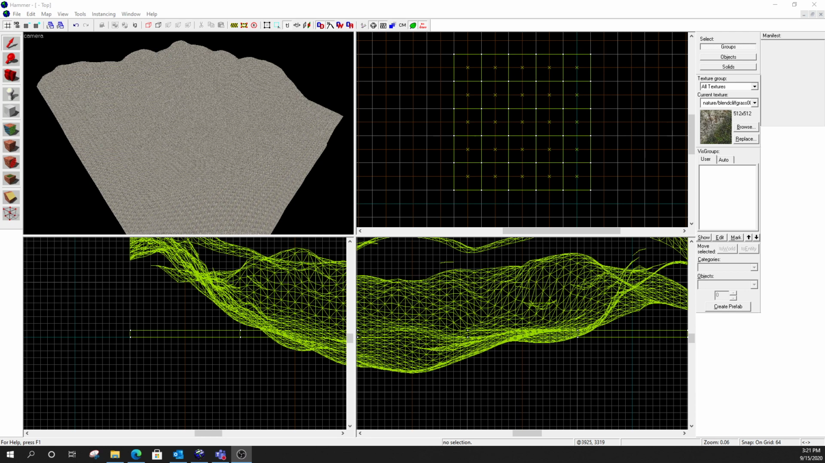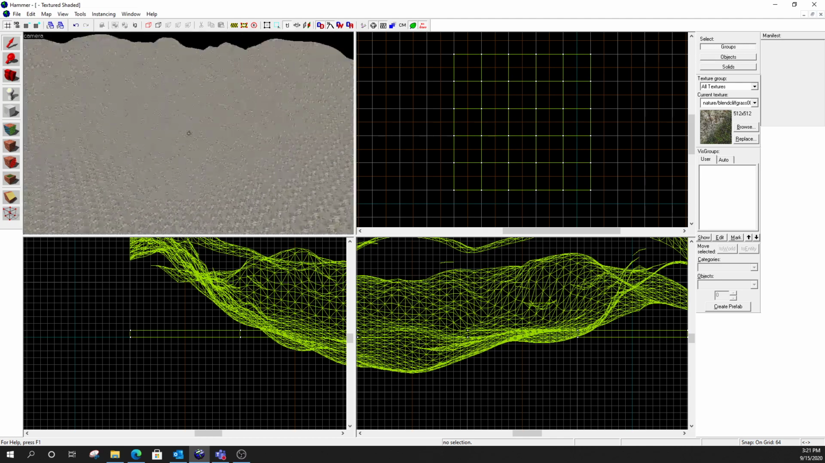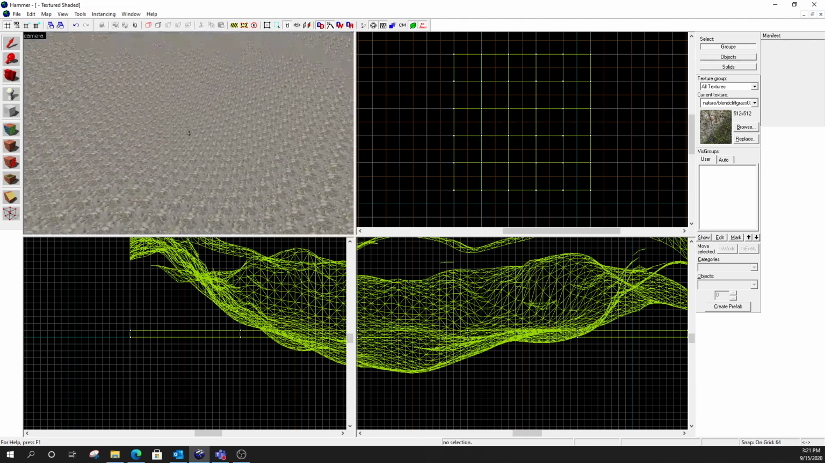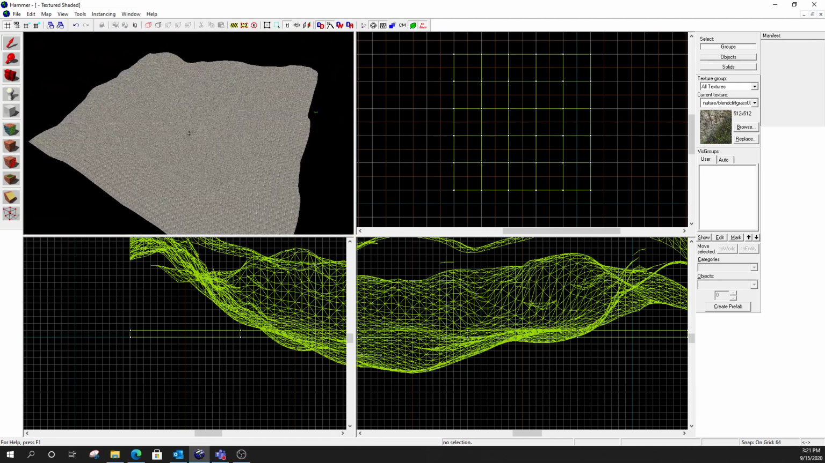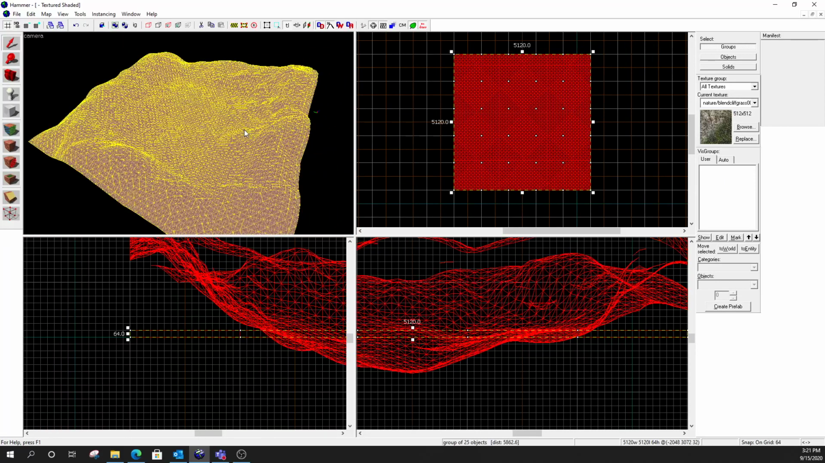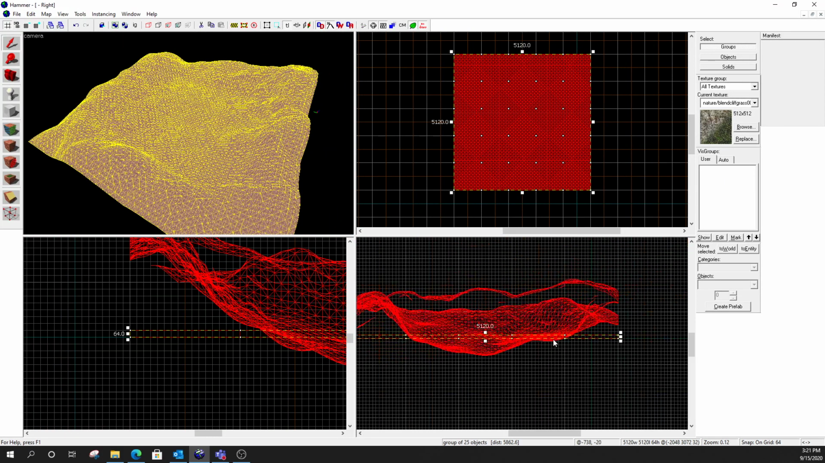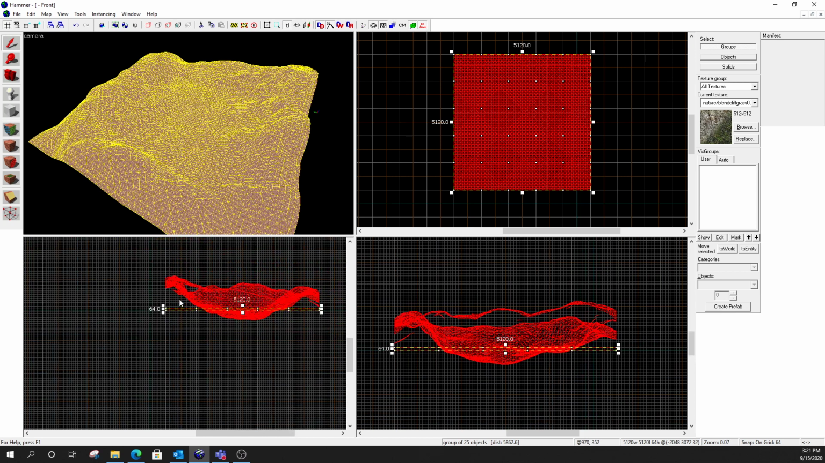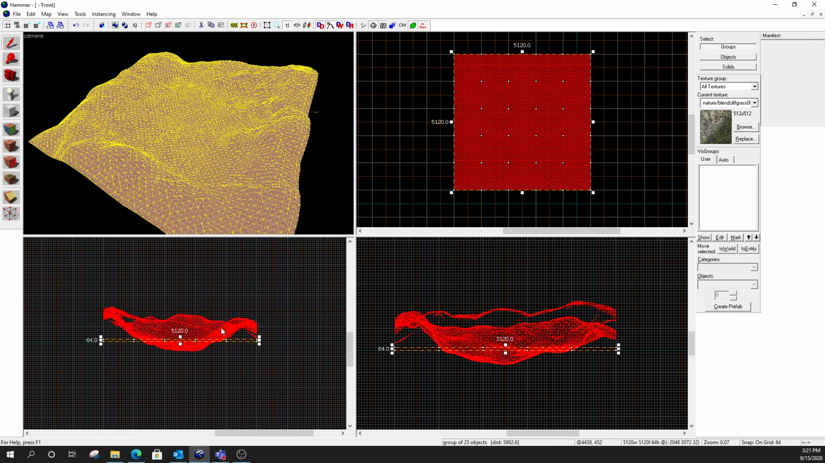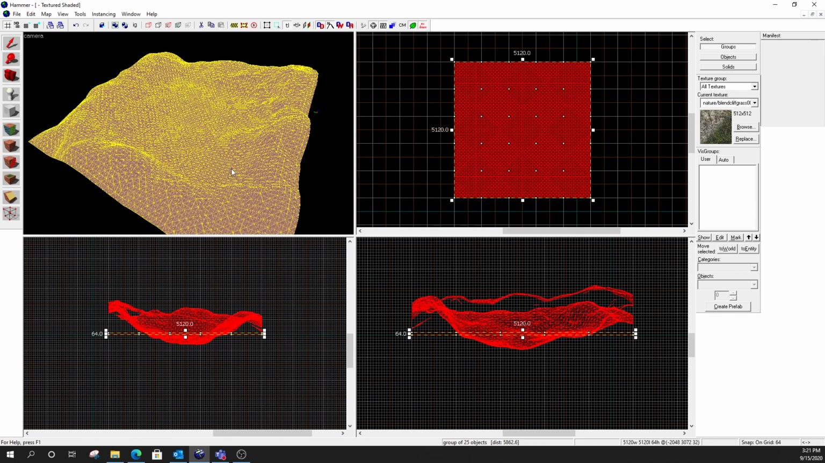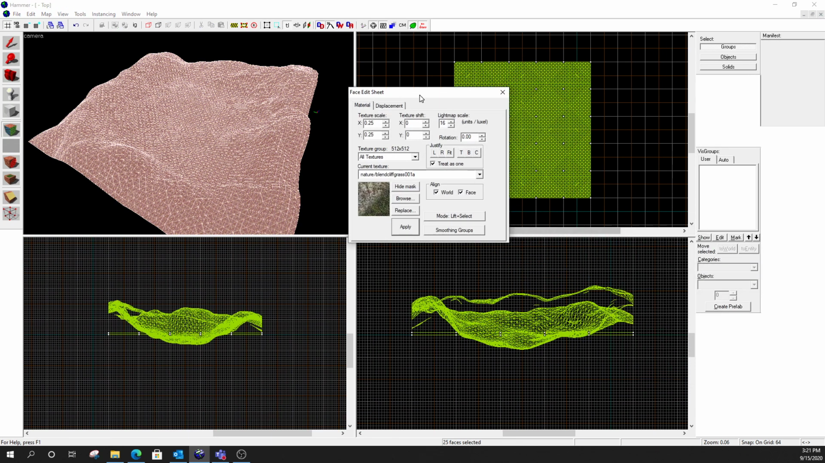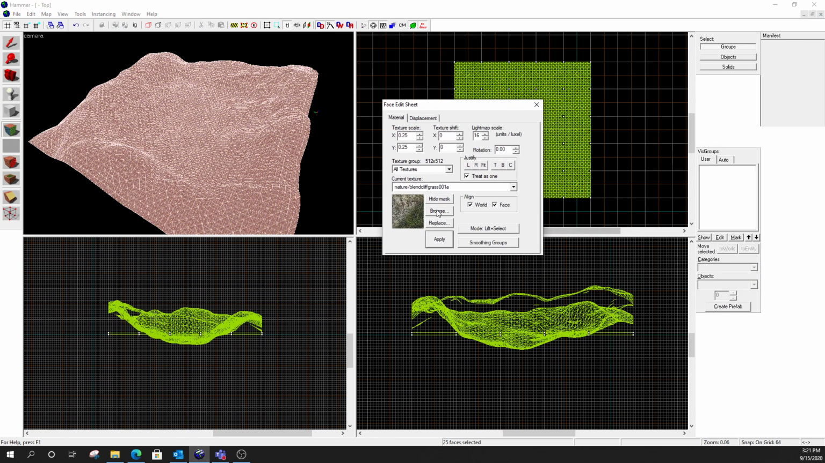So first we're going to go ahead and select our displacement. So here it is right now. I'm going to go ahead and select it. There's my displacement. Okay, so I'm going to go ahead and center it up. I'm going to go to my texture tool. I'm going to go to browse,